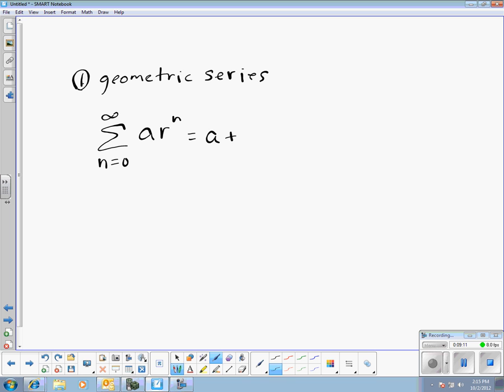And sigma means sum, so then I add on the term I get when n equals 1. When n equals 1, I get a times r. When n equals 2, I get ar squared, and then ar cubed. So you can see that to get from one term to the next, I multiply by r each time. For example,